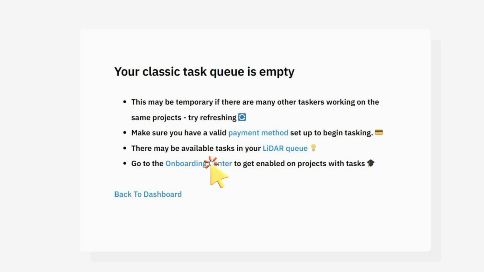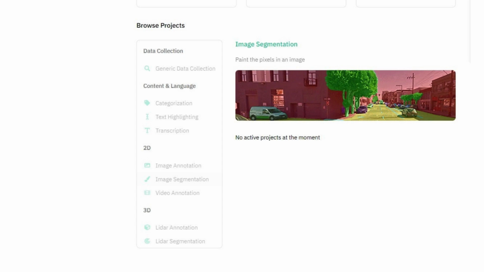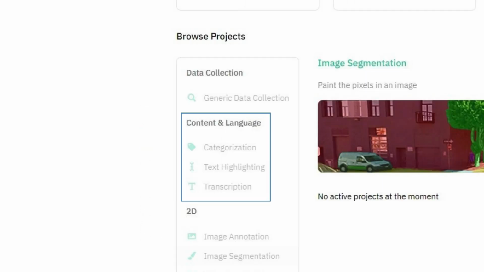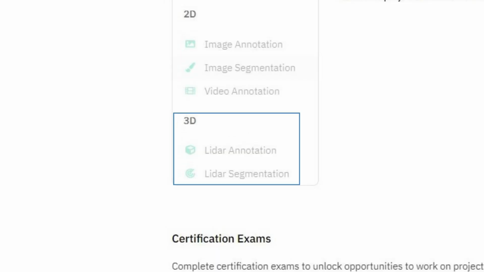go to the onboarding center and go through the featured projects. You'll find about 3 featured projects, depending on what you've been working on. If it's content and language, which is categorization, text highlighting, or transcription, that's what will be brought to you as a featured project. If you're working on 2D projects, which is image annotation, segmentation, or video annotation, then that is what will be brought to you. If it's 3D, which is linear LiDAR annotation or LiDAR segmentation, that is what will be brought